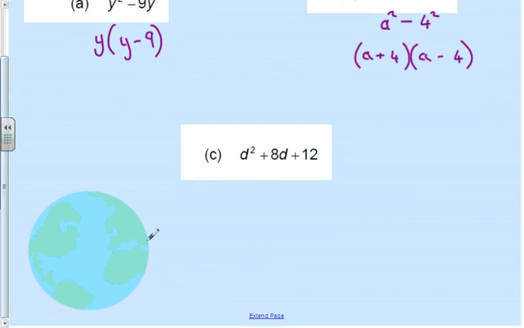C has 3 terms in it. There's no common factor that we can see, and there's no minuses, which means there's no difference. So we're going to use our trinomials method. What we need to look at then is the third term and its sign, and the middle term and its sign. We know we're going to have double brackets, and we know from our first term and from FOIL